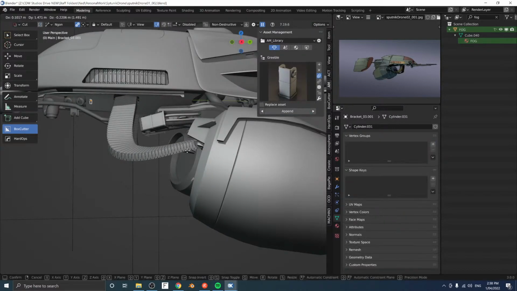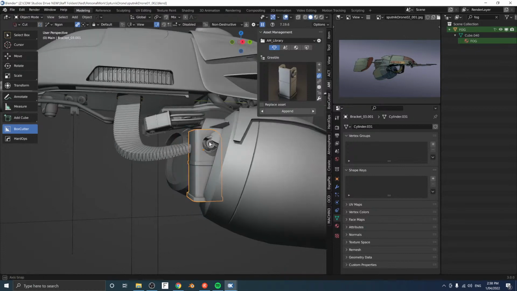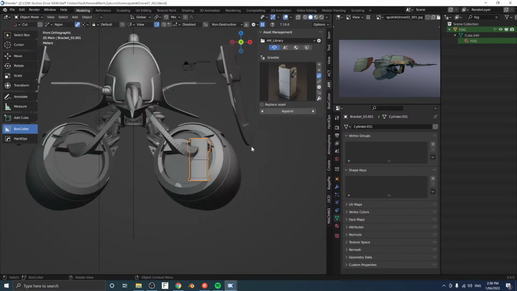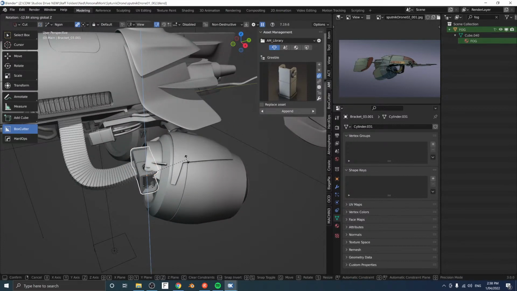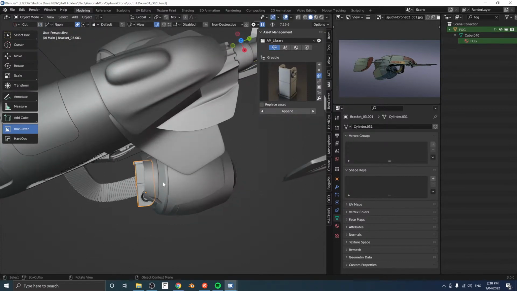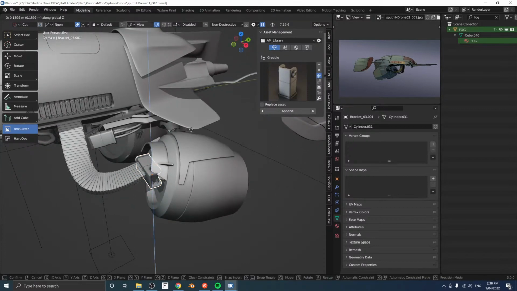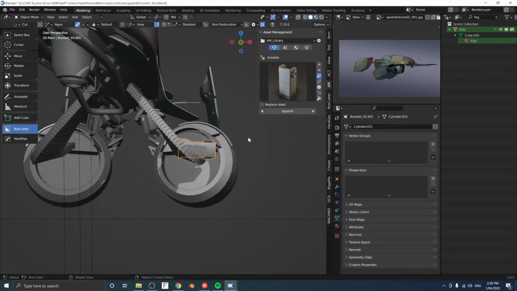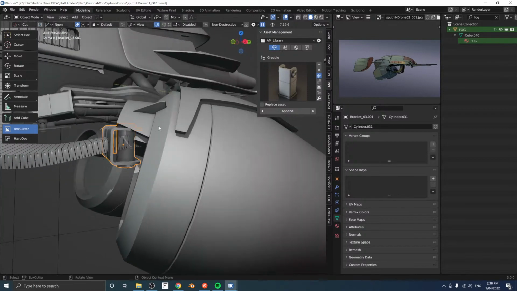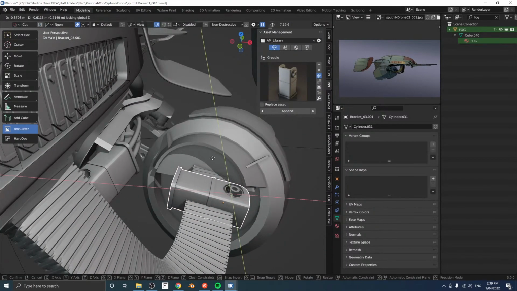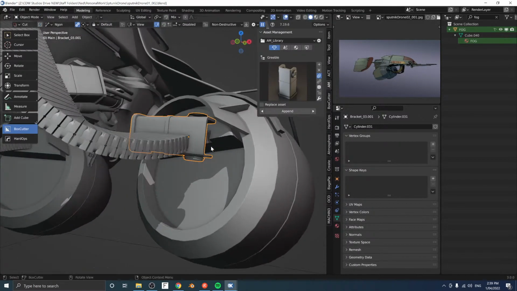Can use this same shape here to build a bit of a guide for the ammo belts as they go into here. Maybe just a bit of a hinged guide that we can